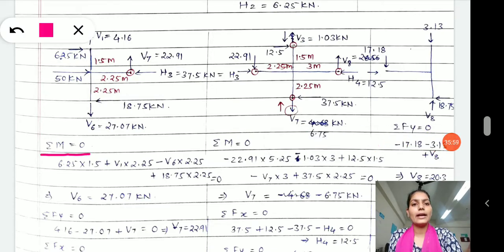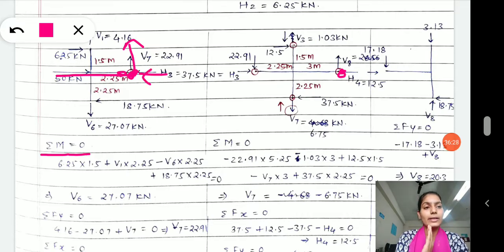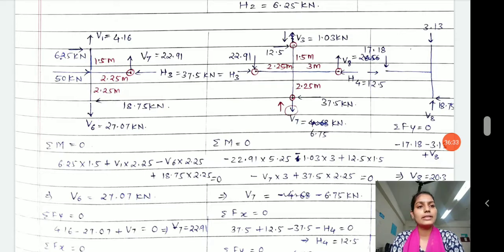Summation of moment equals to 0. Summation of moment equals to 0 for which? See here, summation of moment equals to 0 at this point. Always I am going to take the summation of moment at this point. You have to get habitual to it now. Which forces will make a 0 moment? Because these are passing through the point, these forces will not contribute in the moment equation, right? So what forces are left with us?